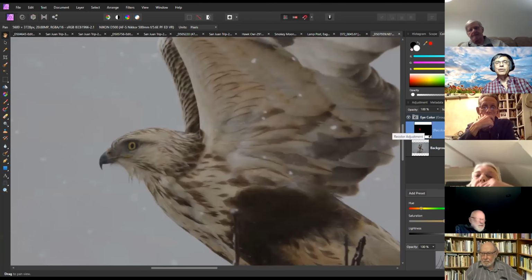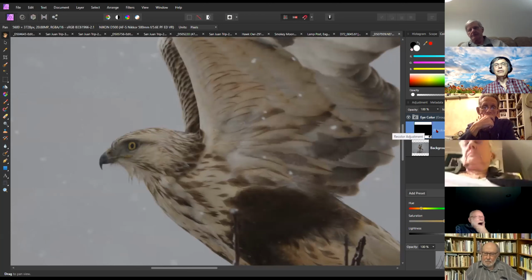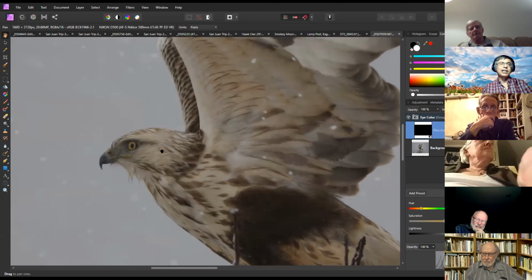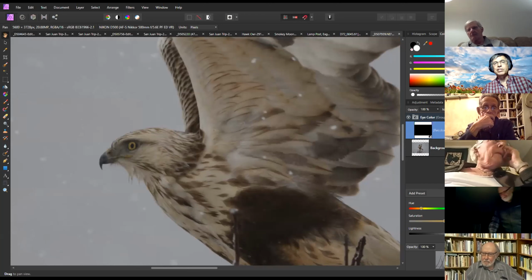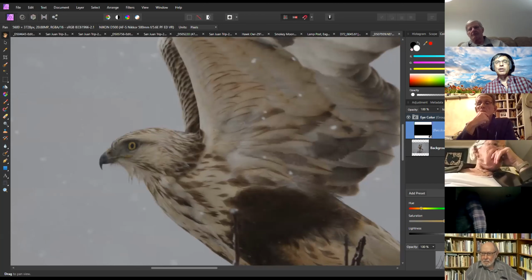And obviously, if I want to go in here, now I can also add some other adjustments. I can do brightness, curves, whatever I want to do, but it doesn't need much in this case. And if you ever want to get back to your adjustment, this is why Affinity is always live. So what I can do is just,